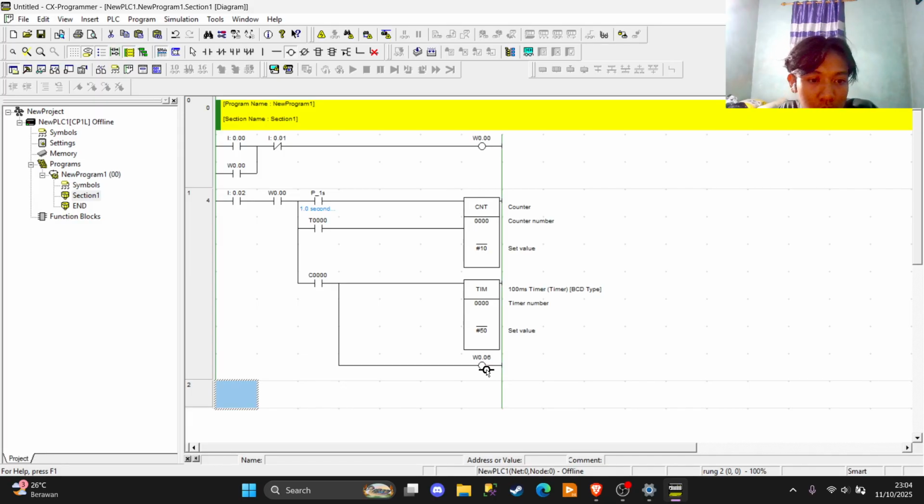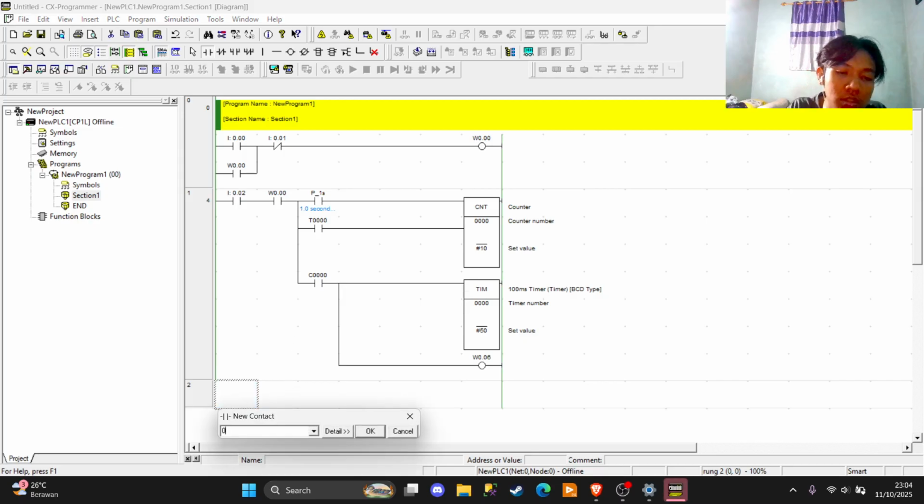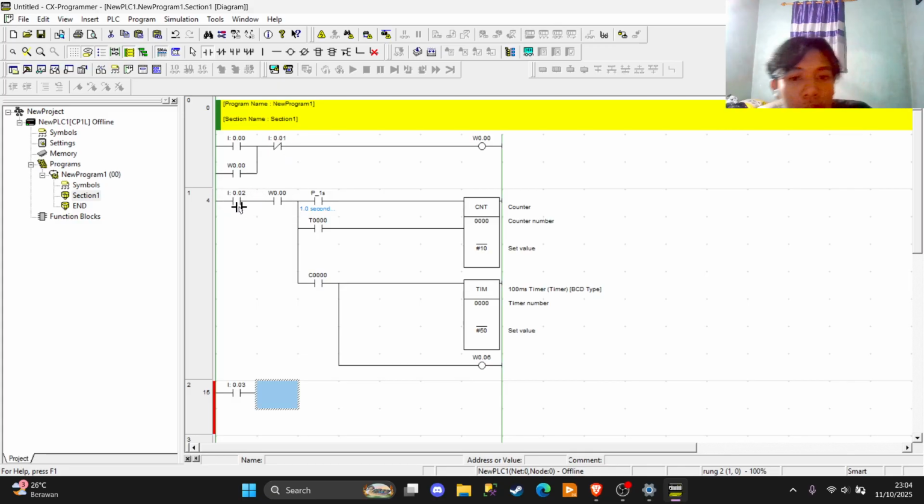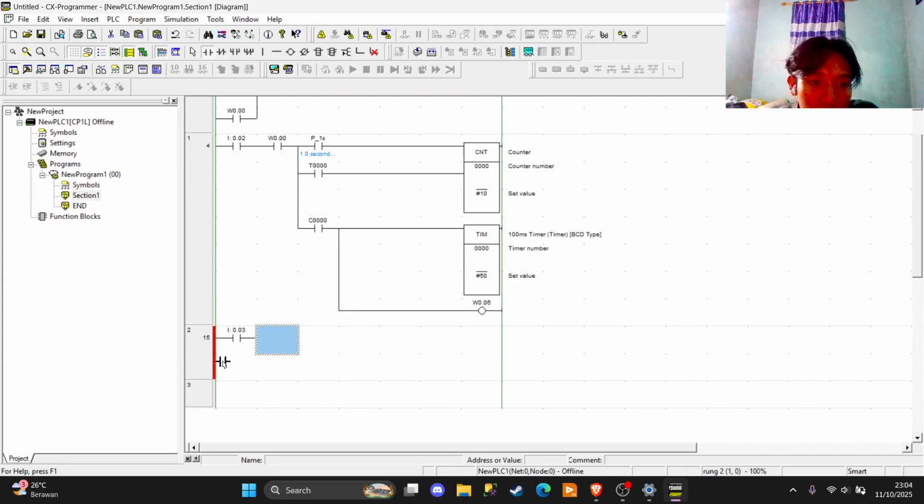Okay, after that we go down again. We're going to rack 2 because the system in rack 1 is already done. So we gonna make a button again with the NO. The address is 003 because we already did 001 for the emergency, 002 for opening up the counter system, and then rack 2 is for the reversible counter.